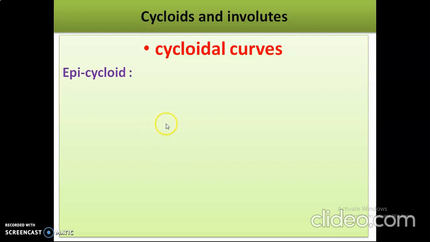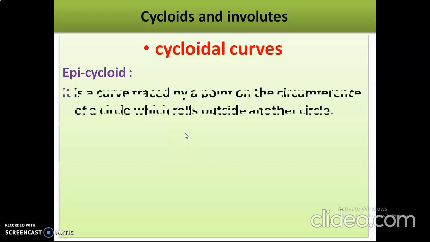Once again, listen carefully. How can we define an epicycloid? It is a curve traced by a point P on the circumference of a circle which rolls outside another circle. Or we can define it another way: whenever a smaller circle rolls on another circle, it forms one type of curve called an epicycloid.